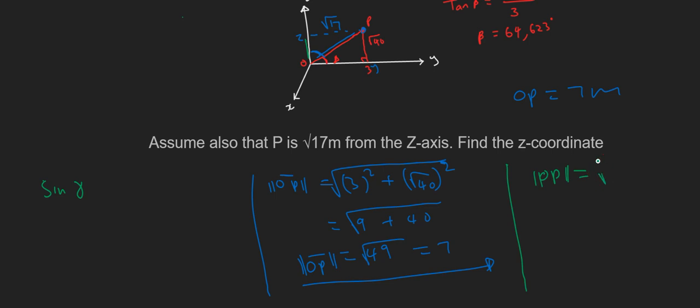is equal to the root of the other side. It was 17, if I remember very well. 17 squared plus the square of OZ. Let me call it OZ. So from here we know this one to be 7, and here I missed this. 17 was under a root, obviously, so that 2 is going to take it out. We're going to have 17 plus